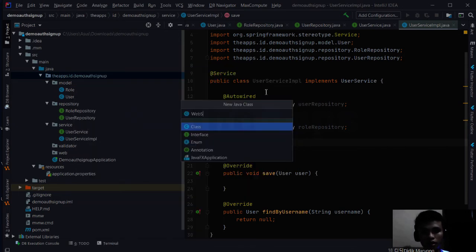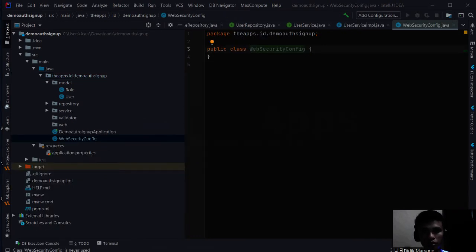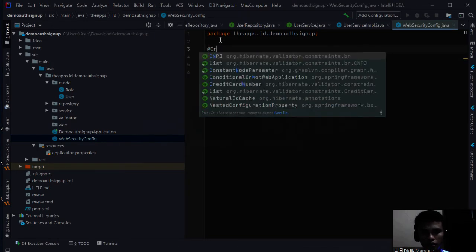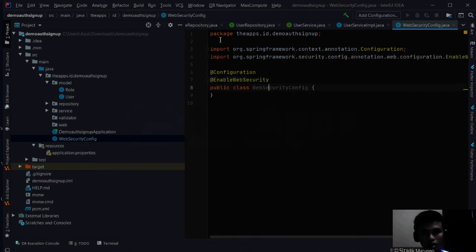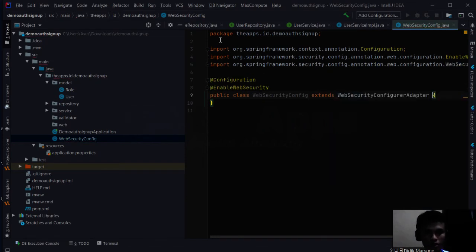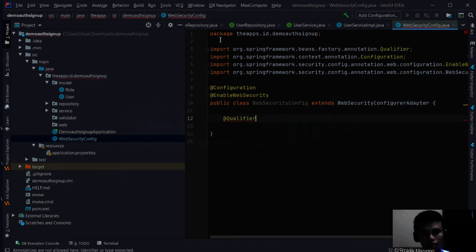For the web security config we need some configuration like this, with configuration and enable web security, and don't forget to extend from web security configurer adapter like this, and don't forget the qualifier from the user detail